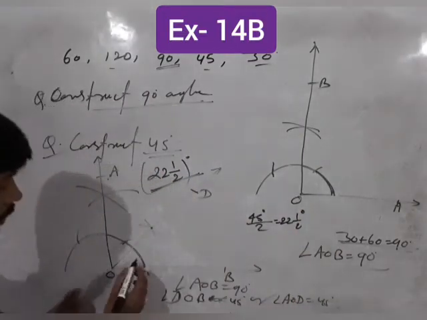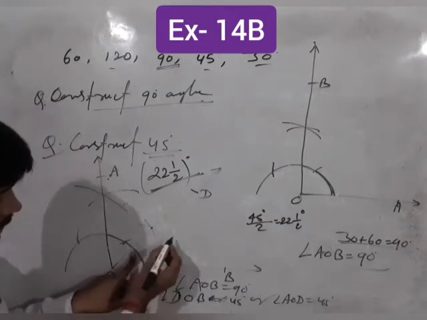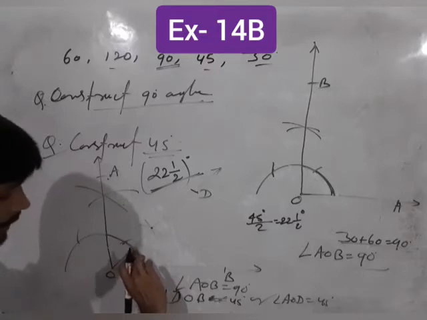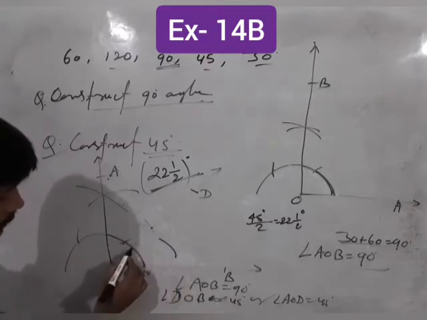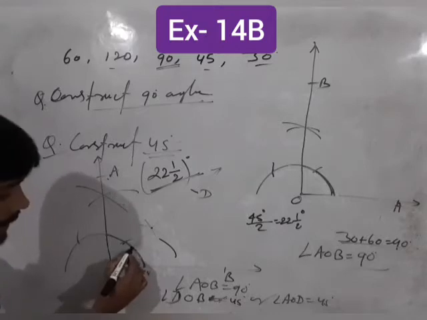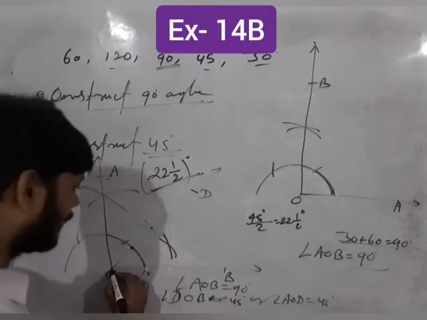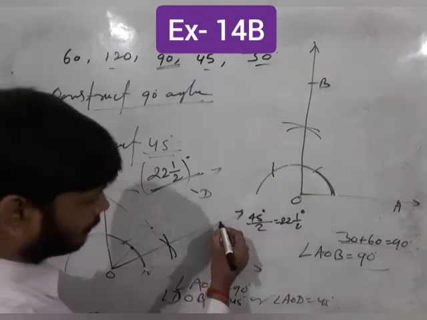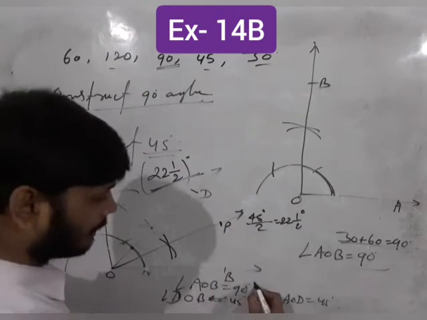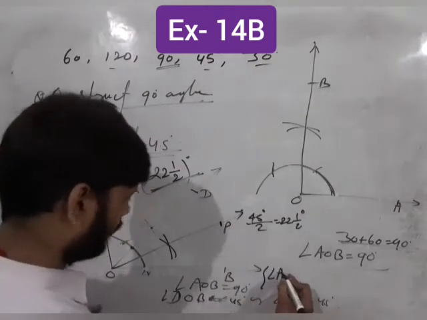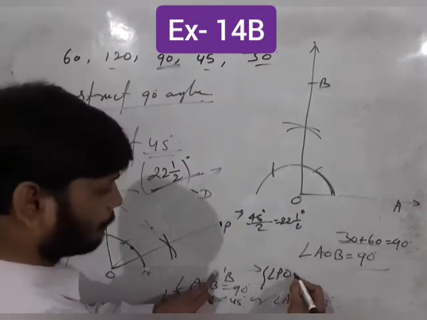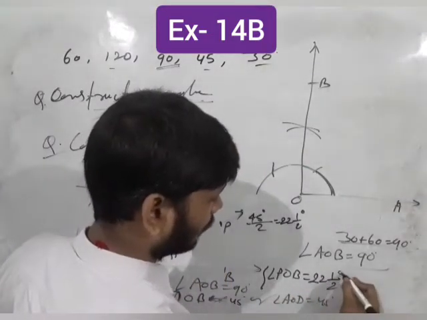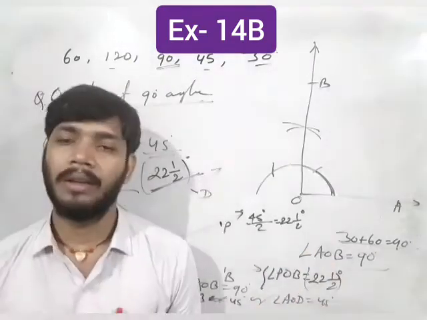So students, when you draw, suppose I draw here, put the compass here, and more than half of the arc, draw an arc here, and fix the compass here, and draw an arc, and join this intersecting point and O, here suppose P. So angle POB is equal to 22 and a half degree. Clear, friends? Similarly, you can draw